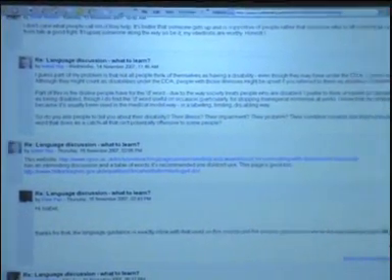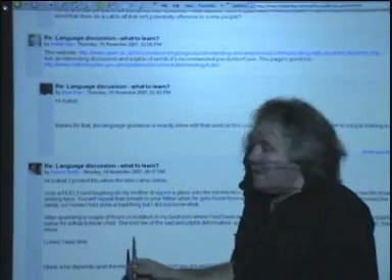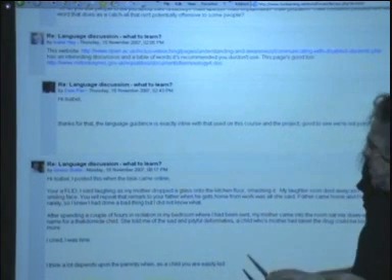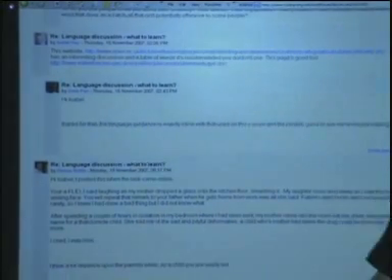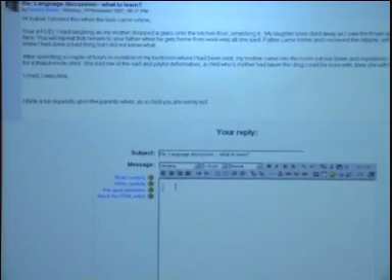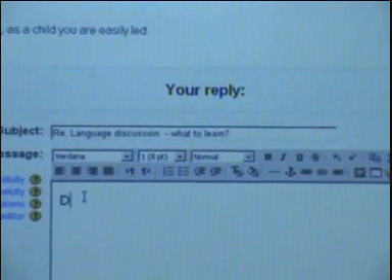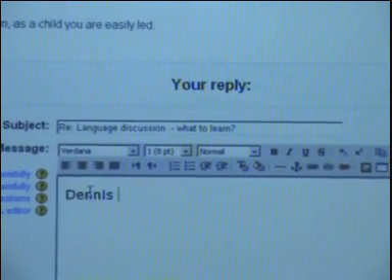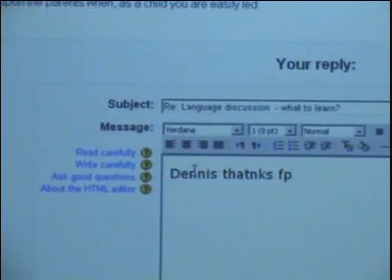Dennis has come along and replied to Isabel's original message, so again, it's just one indenting. So what Amy's going to do now is post a message to Dennis's reply, and you'll see that that will come in indented at the bottom. So over to Mike. Right, so he's clicked on reply and you get a form which is very, very similar to an email. The only thing that's missing is the email address, because you're not posting to an individual, you're posting to a forum. So there's a subject line